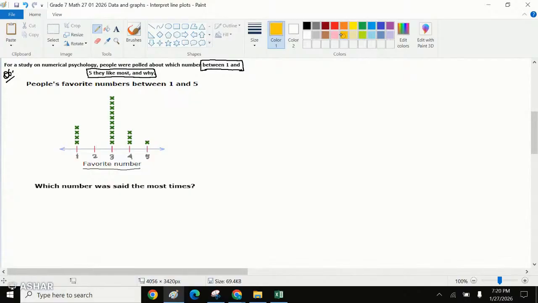So which value has the highest bar? 3 has the highest bar, right? Okay, Prem and Michael, since we are talking about most times, right? So 3